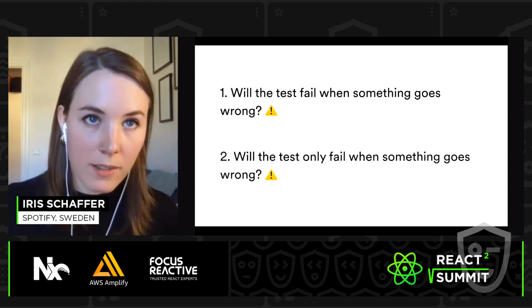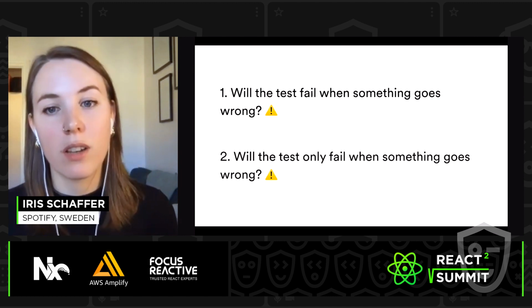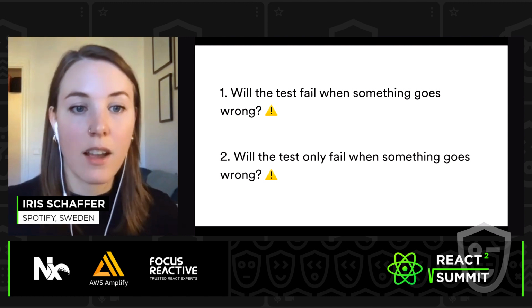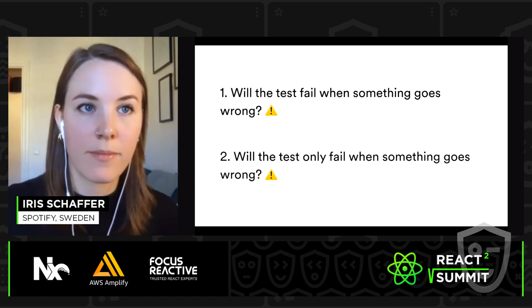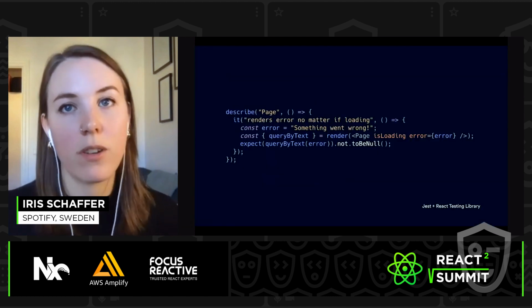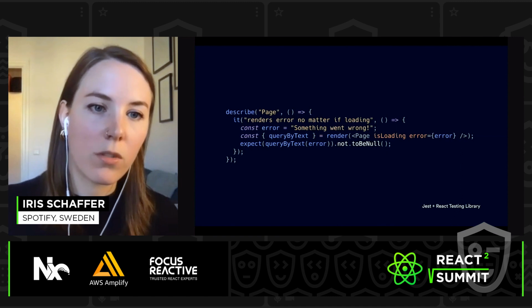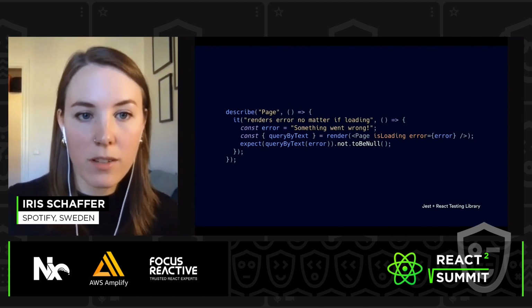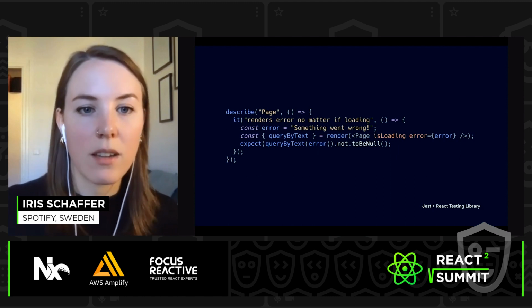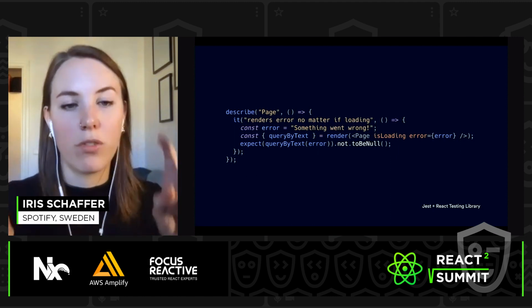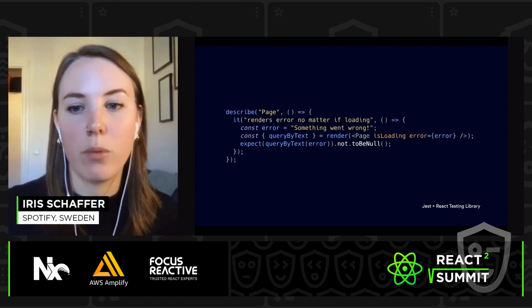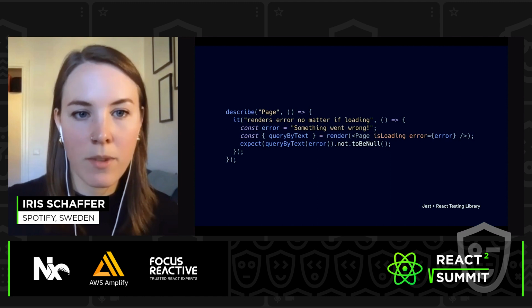Will the test only fail when something goes wrong? Again, it kind of depends. If we render the component in a different way, say you use a different error component inside, although nothing will change to the user, the test will fail. There's also another way of testing this component, which is a little bit closer to what a user would do if a user were to verify that this works. In this case, we're testing if the something went wrong text is actually included in that page. And we're using React testing library for this.